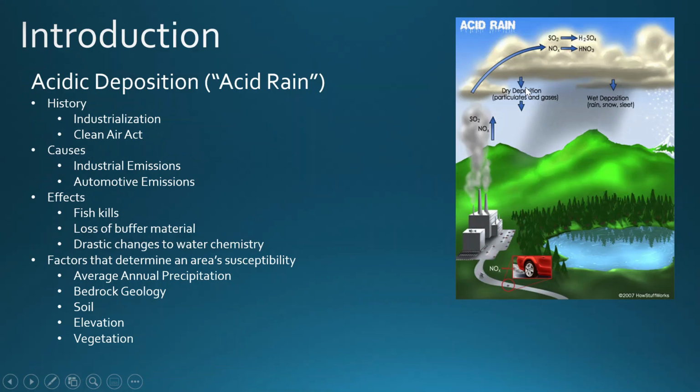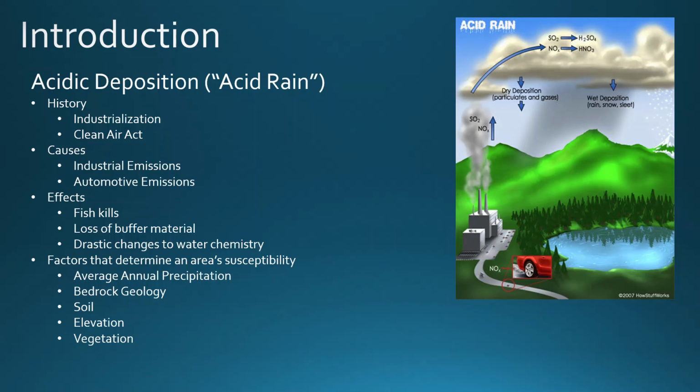And here we're mainly going to focus on wet deposition. Once it gets down into that terrestrial environment, that's when a lot of problems are created for vegetation, for water bodies, for soil, and that sort of stuff. Another way that some of these harmful pollutants can get in the air is automotive vehicles, and they mostly